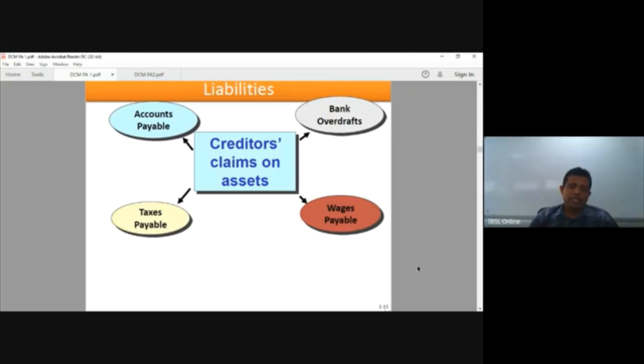Why am I saying so? Bank overdraft generates interest income. When an item is generating income, it should be considered an asset. But from the point of view of a normal business organization, bank overdraft does not generate any income. It has a commitment to repay. That's why we consider bank overdraft as a liability. But from the point of view of a bank, it generates income. That's why we have to consider that as an asset.